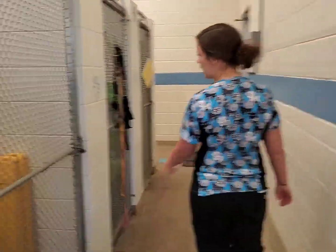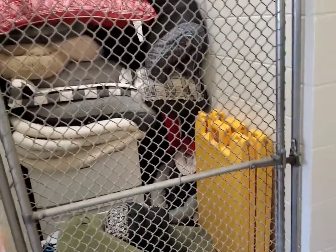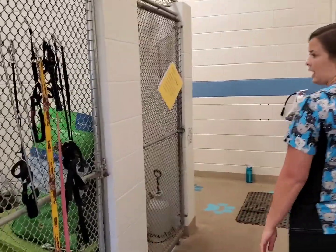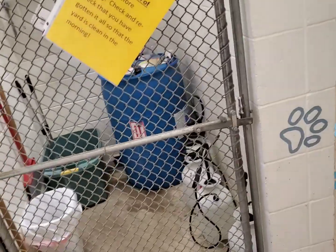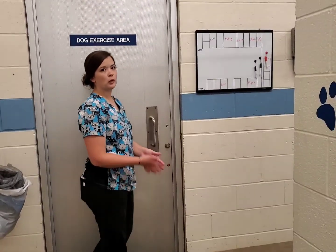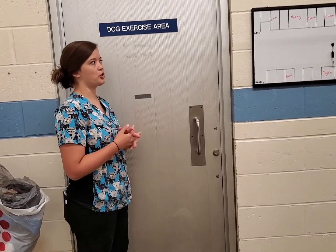And then these last couple kennels are just storage, again, for miscellaneous things that we would use frequently in the kennels. Cleaning supplies, enrichment, toys, beds, all that good stuff is held so that it's easily accessible when we need those things. So here's the part in the tour where you won't be able to hear what I'm going to say, so we're going to stay right here and then we'll walk you through and show you what it's like